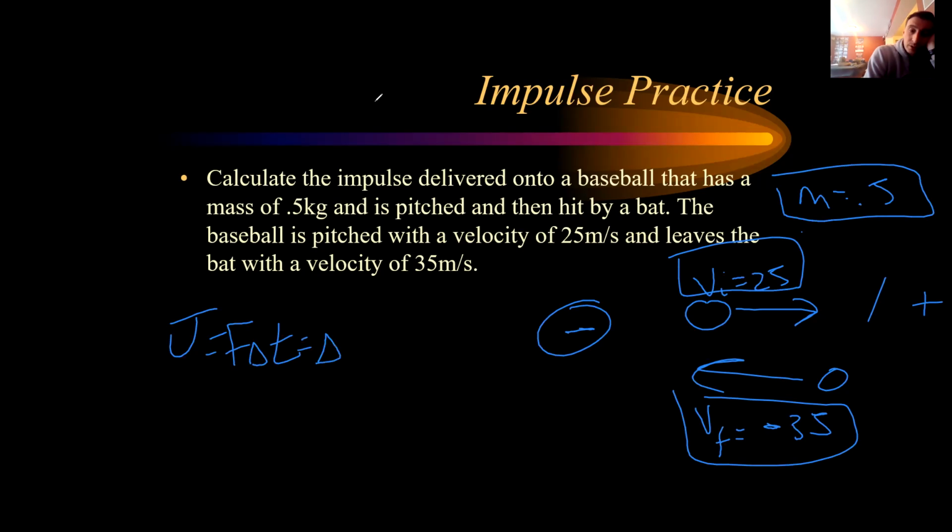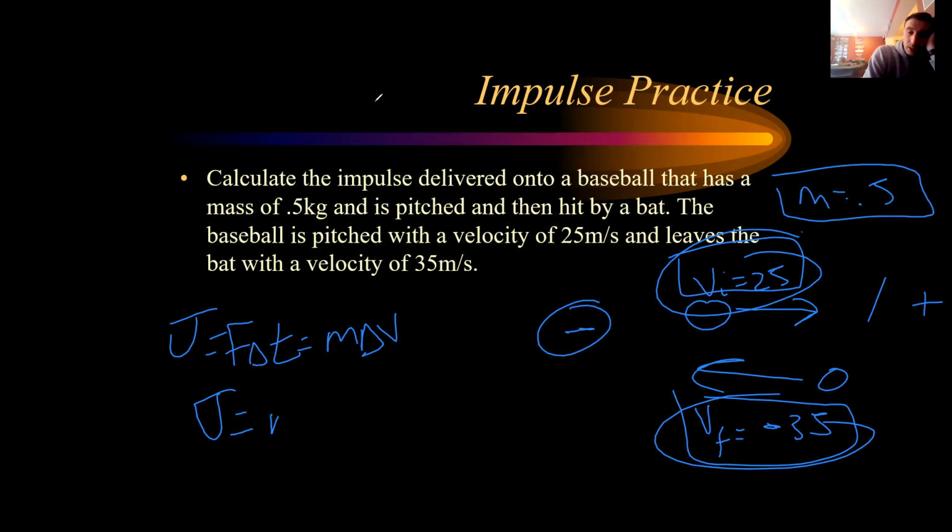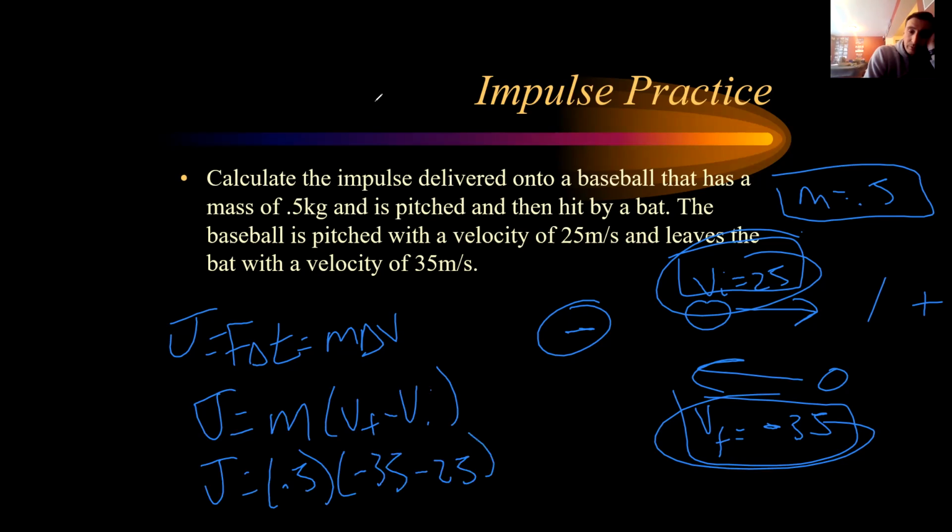It also equals M delta V. So if I look here, I have velocities, right? So I can say impulse equals mass times VF minus VI. J equals mass is 0.5, VF is negative 35 minus 25. And if I do that,